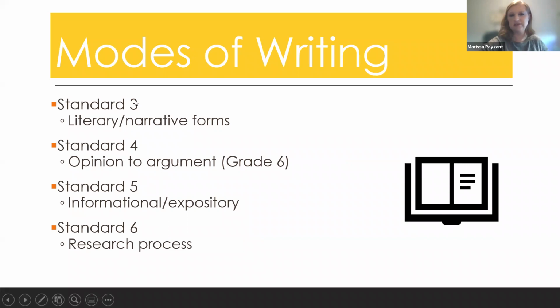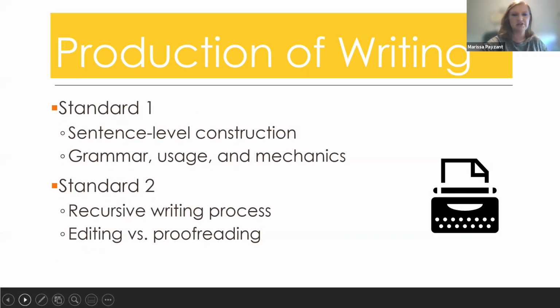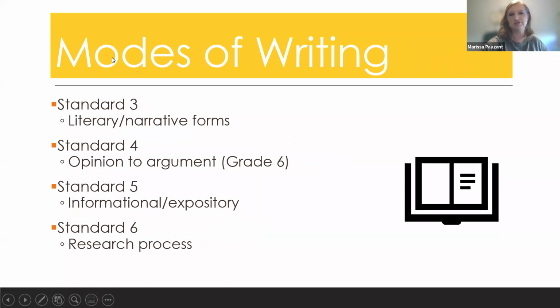Okay, you'll see this kind of continues on. So production of writing standards 1 and 2, and then it shifts into modes of writing standards 3 through 6. Quite different from what you'll see in the legacy standards. In the previous standards, all of the writing modes were listed together parenthetically in one of the standards. And I mentioned earlier how some of the standards from the legacy document didn't really build in complexity. So we've addressed that. And we have kind of put the writing standards into these 4 buckets.